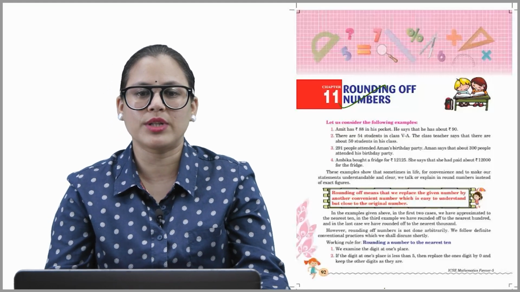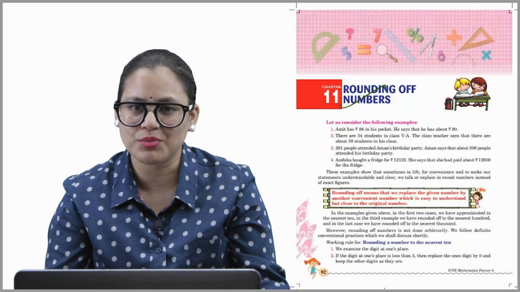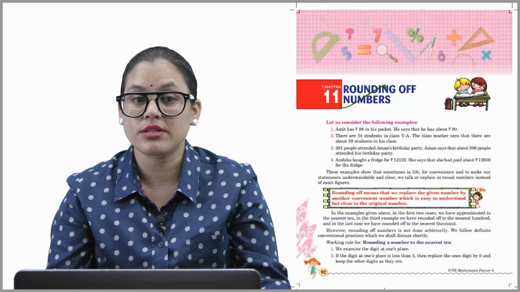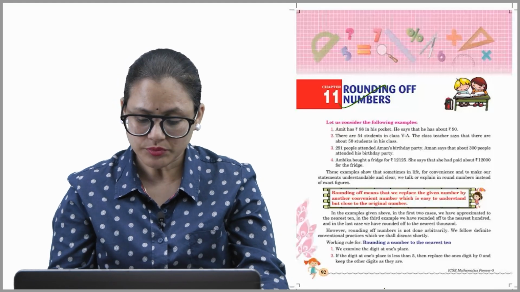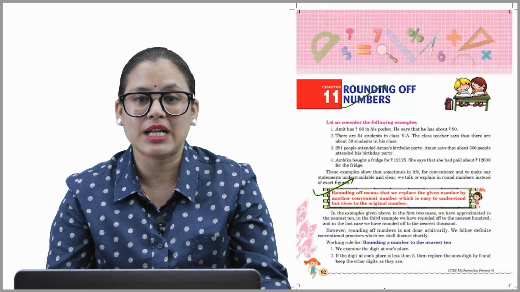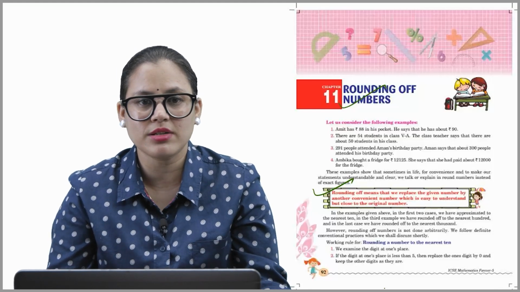These examples show that sometimes in life, for convenience and to make our statements understandable and clear, we talk or explain in round numbers instead of exact figures. Okay. So, what does rounding off mean? Rounding off means that we replace the given number by another convenient number which is easy to understand but close